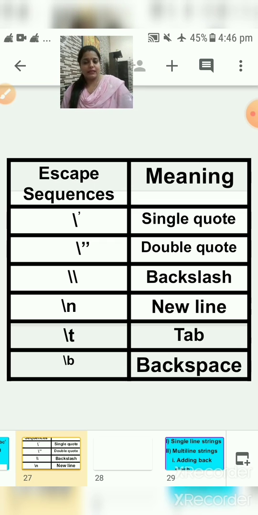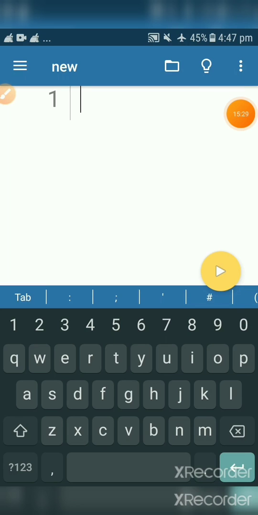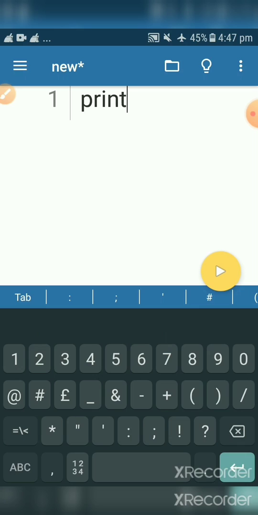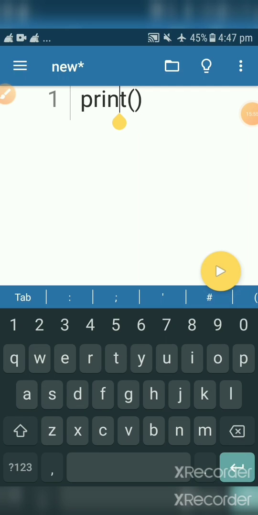Okay, so let's start with the practical work. When you open that software, Pydroid, this kind of screen comes in front of you. Let's check out first of all the print function, how we can use it. See what you need to write. You have to write print, then press the parenthesis.